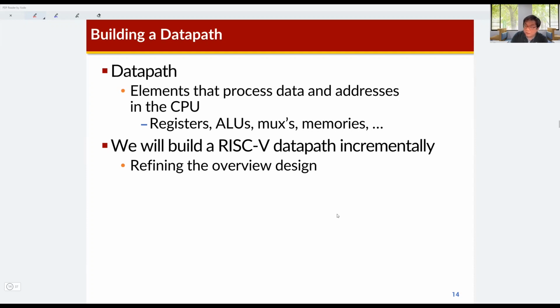The definition of a data path is the elements that process data and addresses. Elements that process data and addresses. So the data path means the hardware components